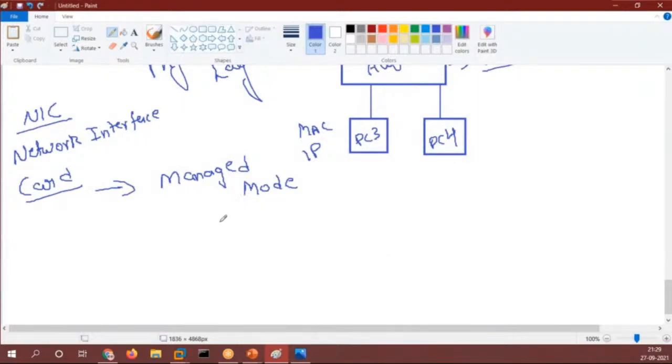Now what if I make it so that it does not check the IP addresses and MAC addresses? I will change the mode of working of my network interface card, so from managed mode, I will make it promiscuous.